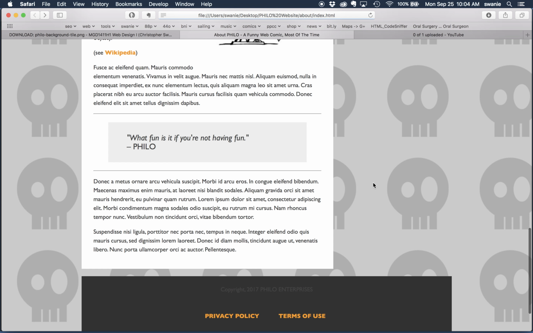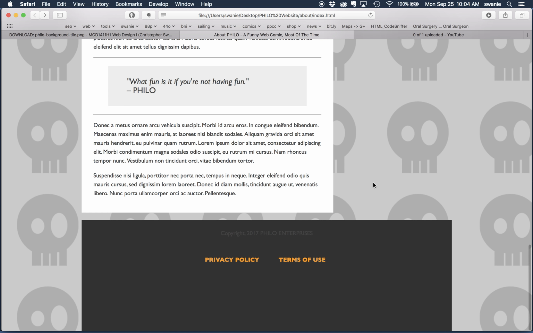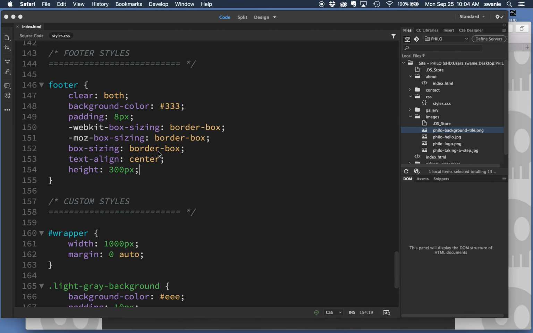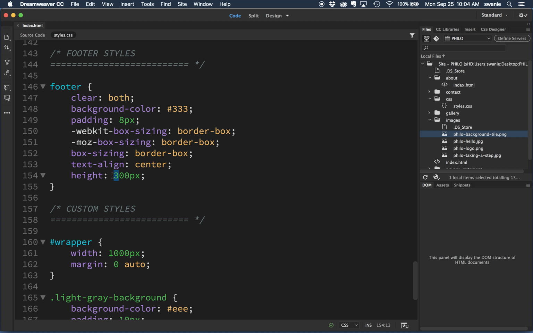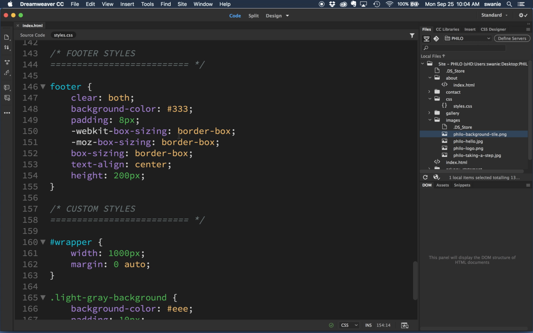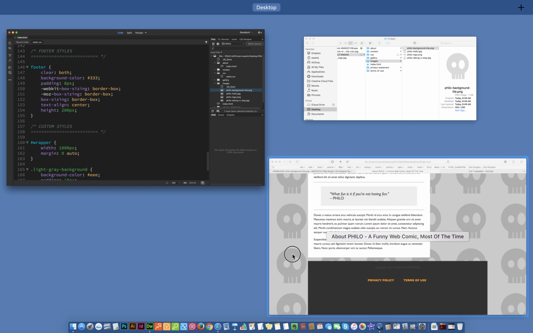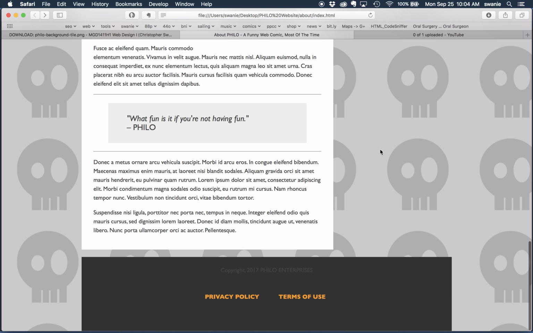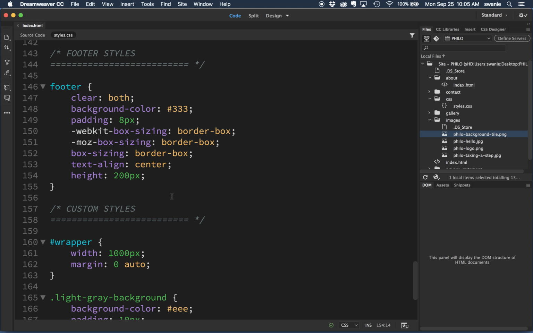Hit refresh, and that's what it looks like. That's kind of a thick footer. Maybe we don't need so much, so we could drop that down a little bit. Make sure we always save before we go and preview the changes. That looks a little bit better, but now we have this copyright text that is a little hard to read. All right, so in our footer,